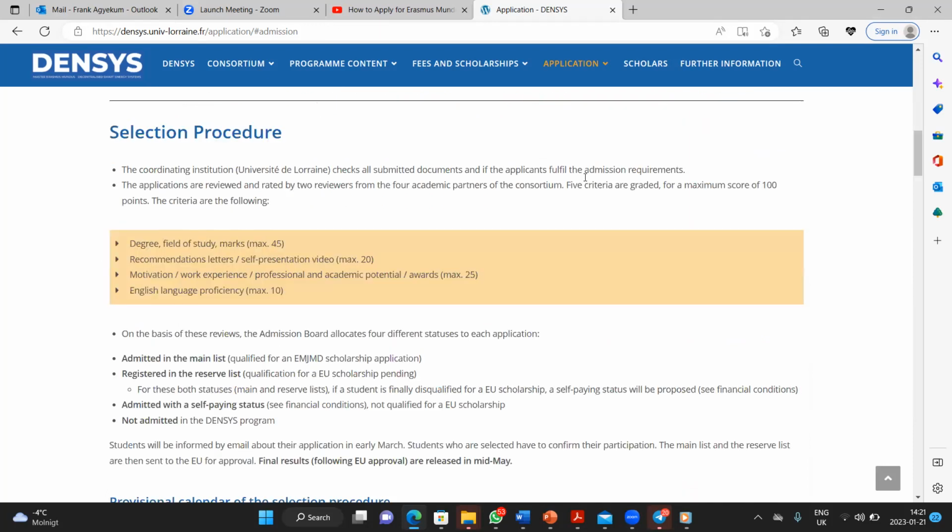Now, you can actually check the selection procedure. How will the committee actually look at your document and then grade you? By doing so, how are you going to get selected? So you can see that the score for the selection is actually 100 points, and your degree field of study